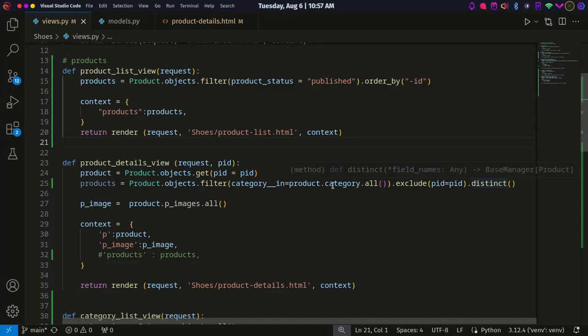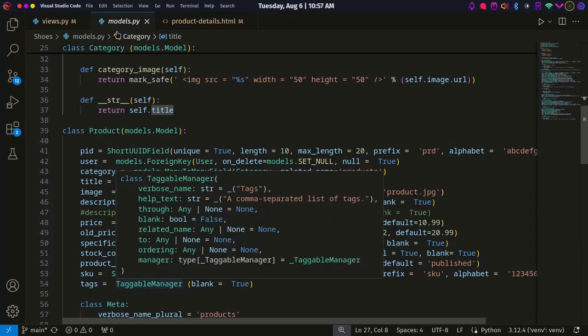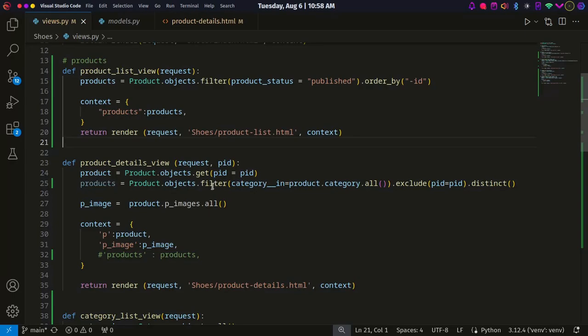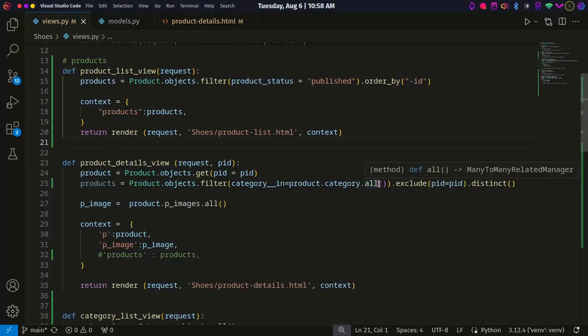We create a variable products, then on the model Product, this model that holds all the fields associated with this product, we filter, and then we use a built-in function in Django called category in. We say product.category. It's this product. You see, product is equal to Product.objects.get this product ID. So it's product.category, the category of this product. So it's product.category.all. We get all those categories associated with this product,